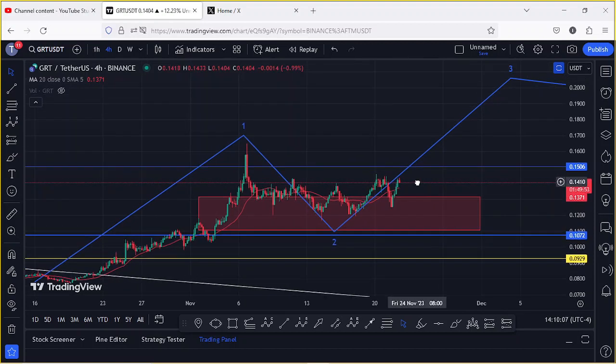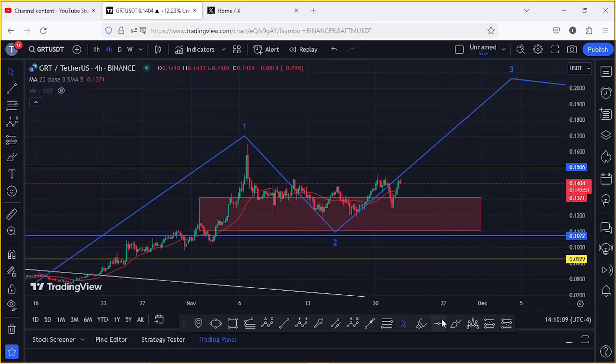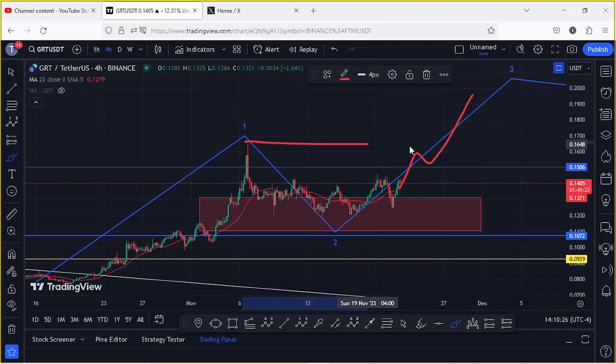And all we need to see in the next coming hours is a break above resistance at around the $0.15 mark, flip it into support and continue seeing higher prices, and see a break above the significant high for this wave 1 at around the $0.166 mark. The moment we see a break above that, then with that mega pump to the upper side in the formation of this wave 3,